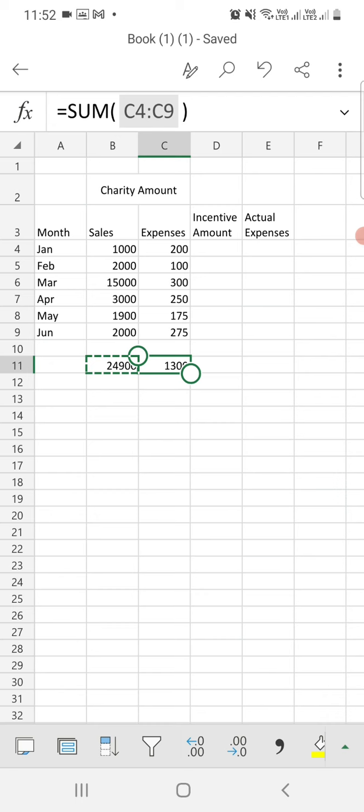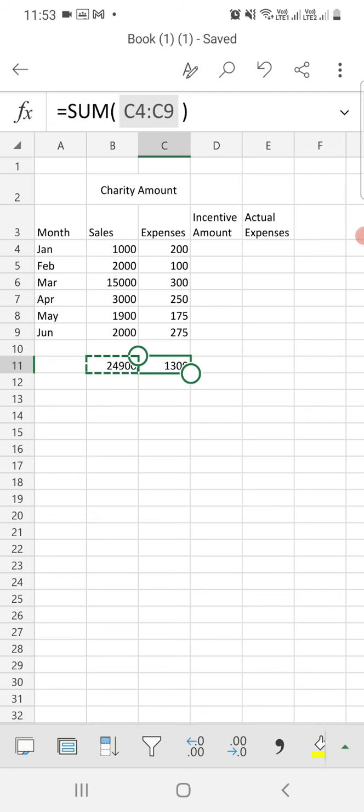That means we need to fix that particular cell address. When we need to fix that cell address, we use absolute reference. To make an absolute reference for a formula, you just need to put a dollar sign before the column and row number, like equal to $A$1 plus $A$2. That means the cells A1 and A2, the cell address will be fixed. That is called absolute reference of the cell.